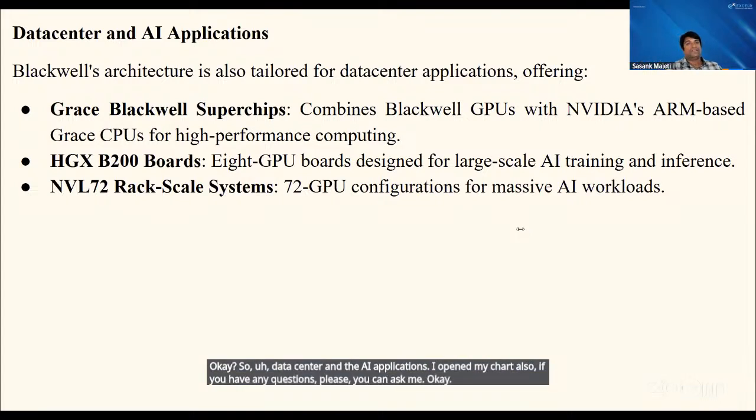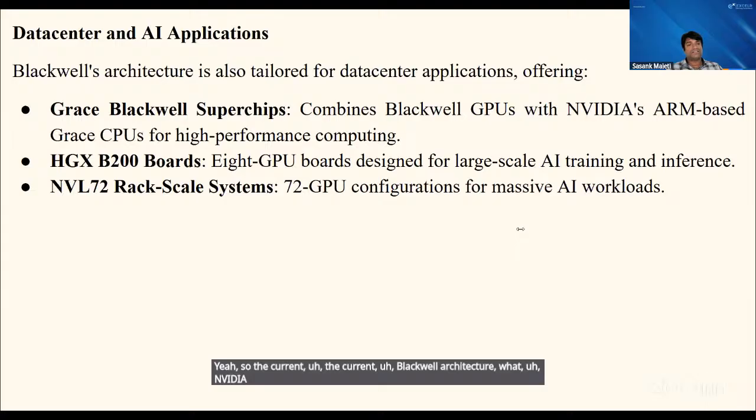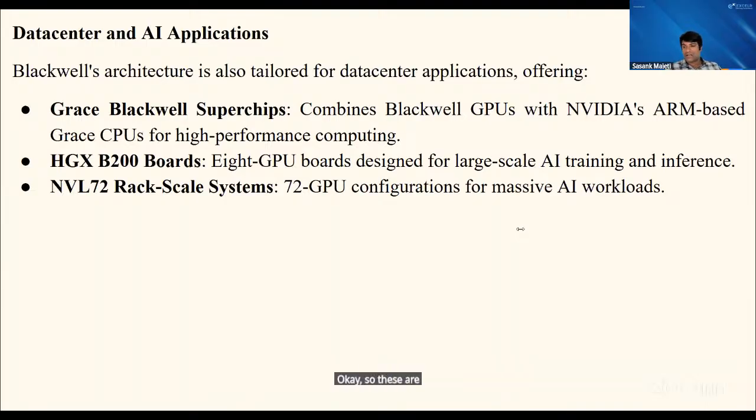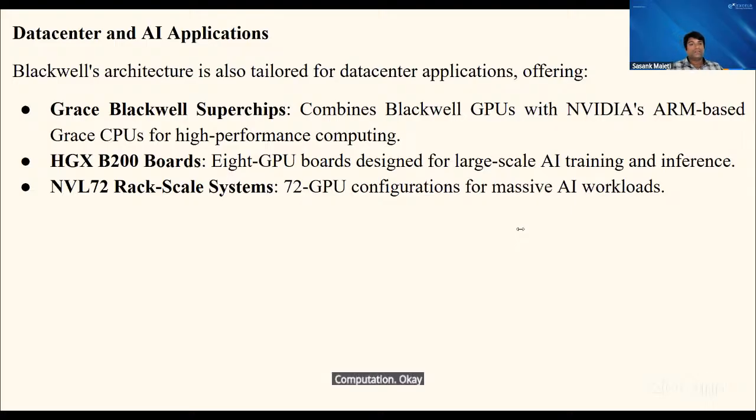So the current Blackwell architecture, what Nvidia basically uses is the Grace Blackwell super chips. These combine the Blackwell GPUs and Nvidia's ARM-based Grace CPUs for high performance computation. So there are actually two kinds of